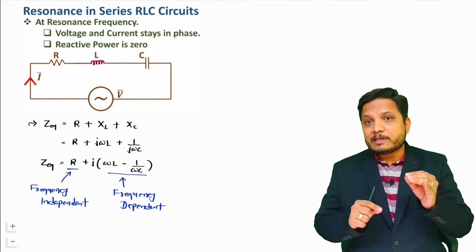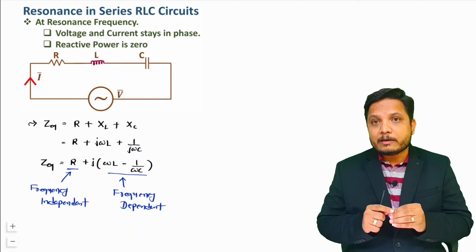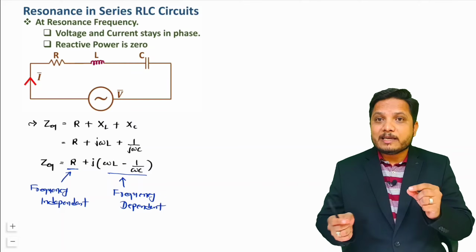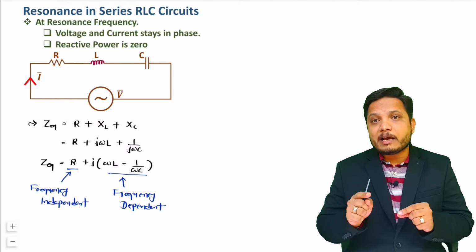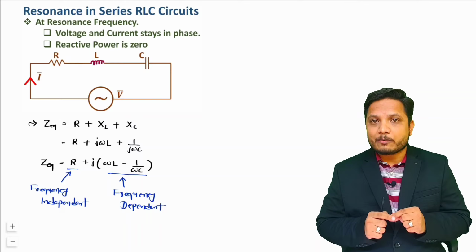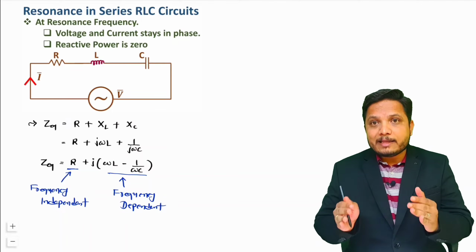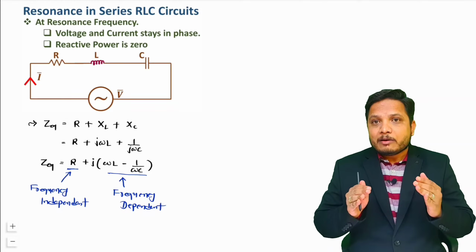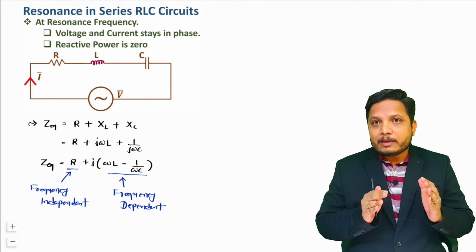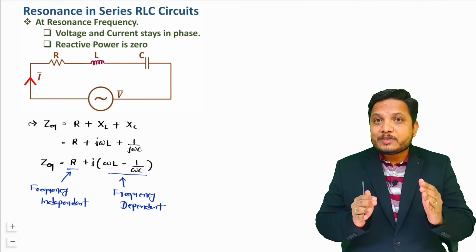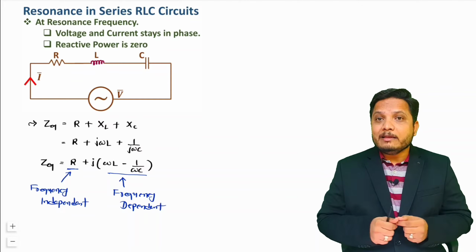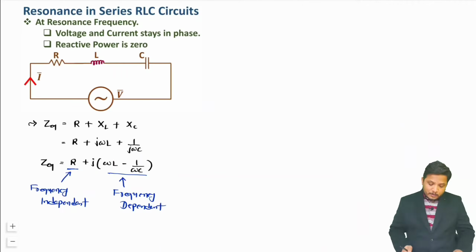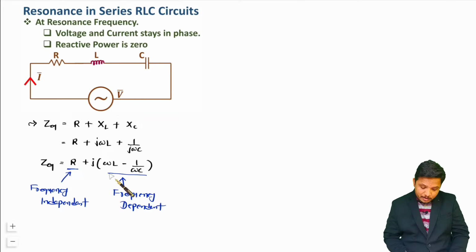As the frequency dependency is with the imaginary component, all you can do is, by changing frequency, you can make the imaginary component of impedance 0. And if you provide that, what will happen? There will be only the real component, that is R. In that case you can say voltage and current will be in the same phase. So my dear students, this frequency dependent component is what we are making 0 by changing frequency omega.